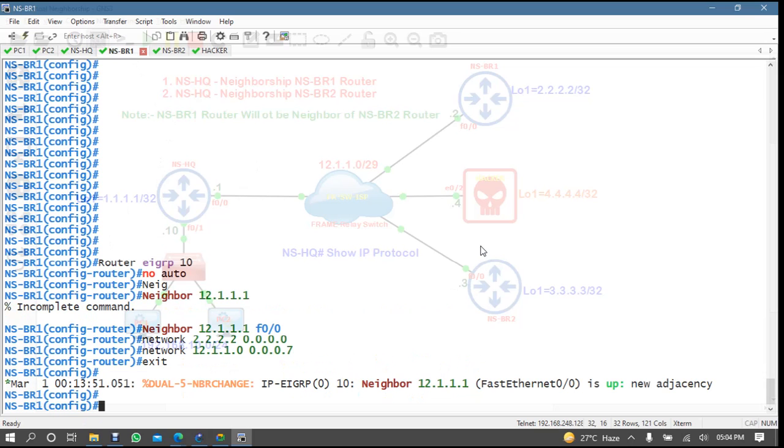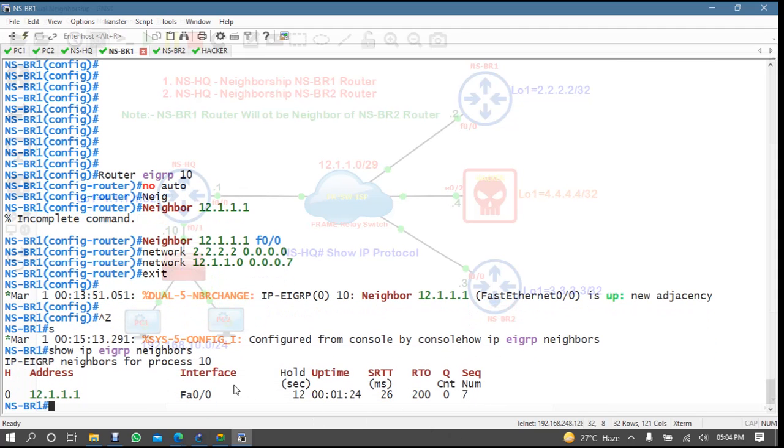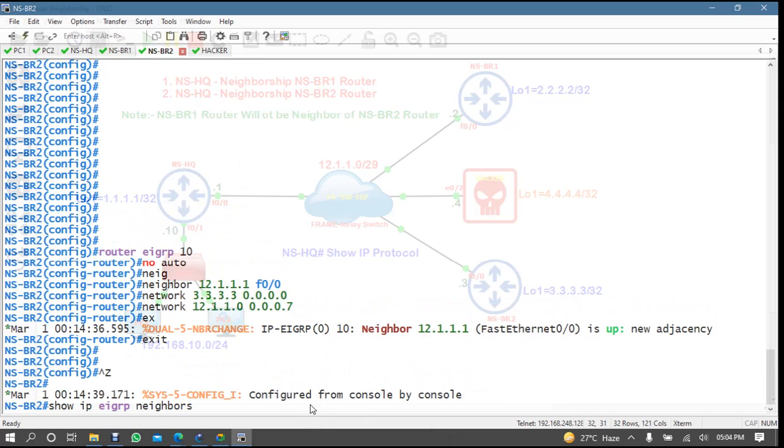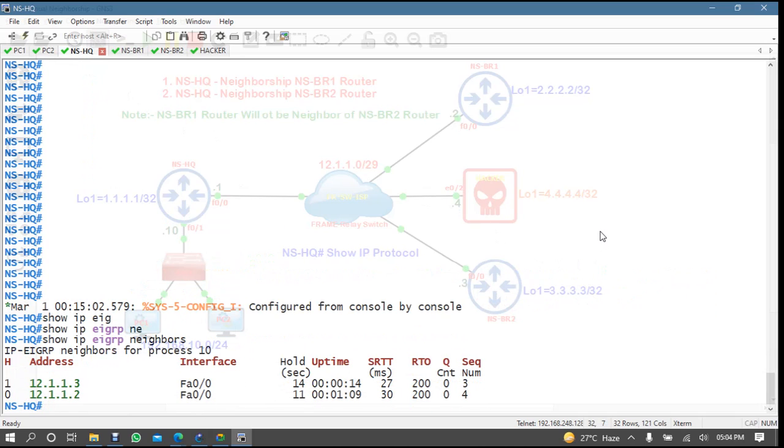Here, if you are coming to check, yes, you have one neighbor directly with headquarter, no problem. Here also you have a single neighborship directly with headquarter, right? And if you are coming to headquarter to check the routes,